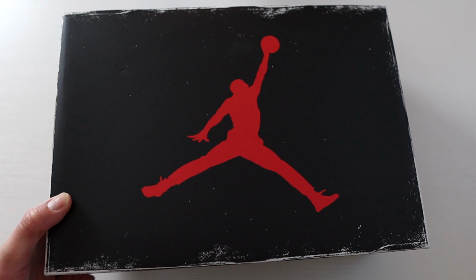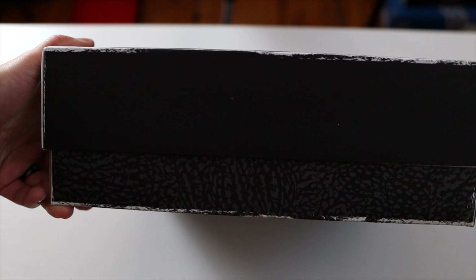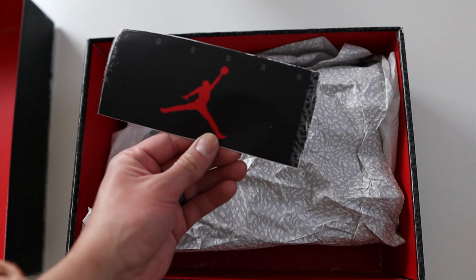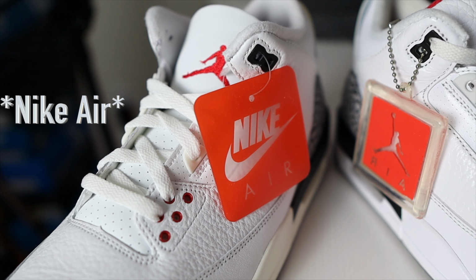And in this version of the White Cement, similar to the Lost and Found, you will have a pre-aged box. When you open the box, you're not going to have the same storytelling that the Lost and Found had, but it's going to be more traditional to the original unboxing. One of the main things you're going to find inside of the box is the card explaining all the features of the Retro 3, and one of the shoes is going to have the classic orange tag with the Jumpman